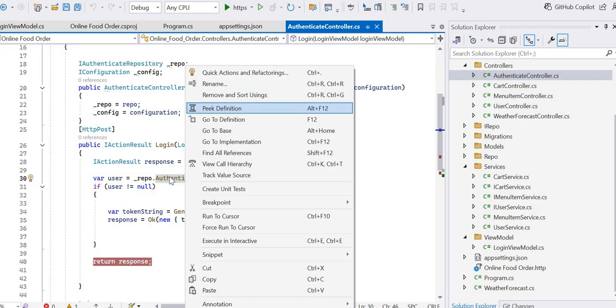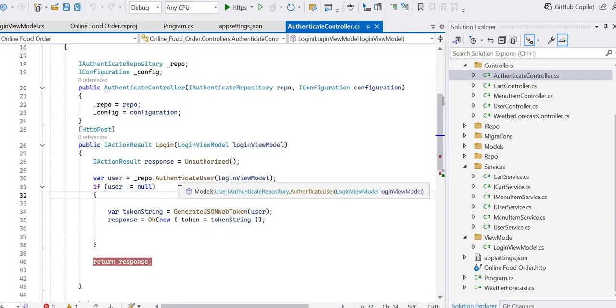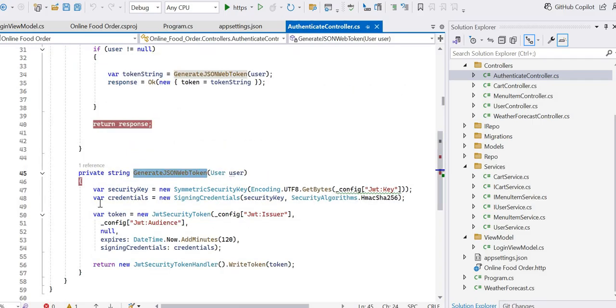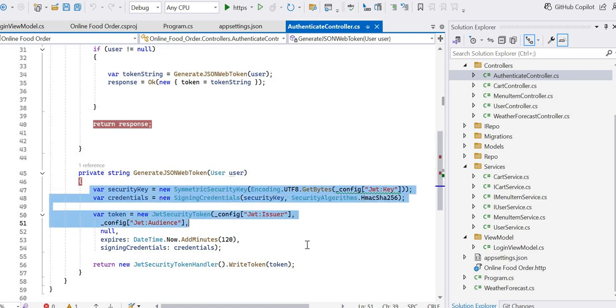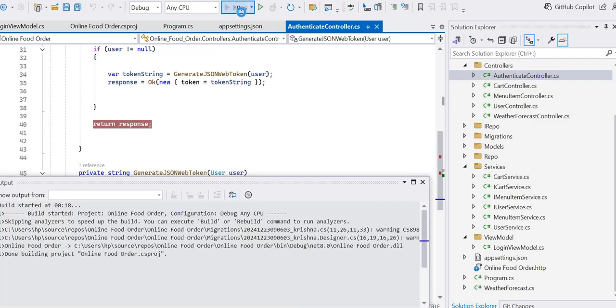In this authenticate user method, I'm verifying whether the user is available or not in my database. And if the user is available, I'm creating a token for that specific user using the credentials and the security key. With this I am creating it. So if I execute this,